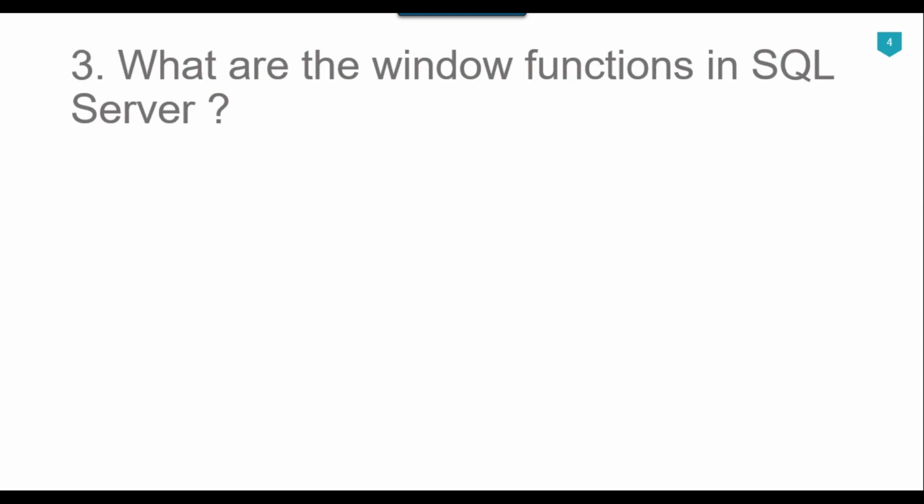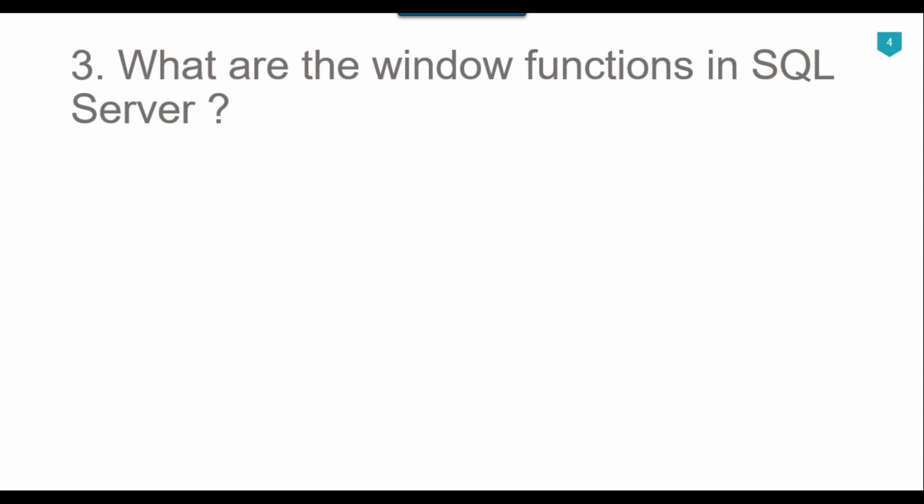Our third question is, what are window functions in SQL Server? Window functions apply aggregate and ranking functions over a set of rows. Window functions use the OVER clause, which is used to define how the function is evaluated. Window functions perform calculations over a set of rows. If you use a window function, you will always use an OVER clause. The OVER clause may or may not contain a PARTITION BY option. This breaks the rows into smaller sets. Window functions may be used only in the SELECT and ORDER BY clauses of a query.